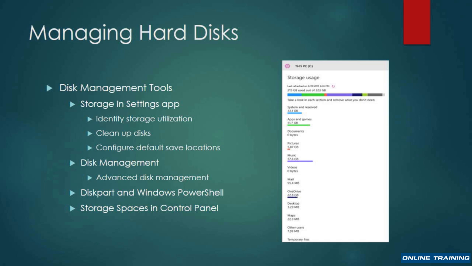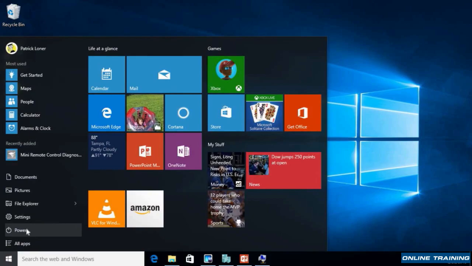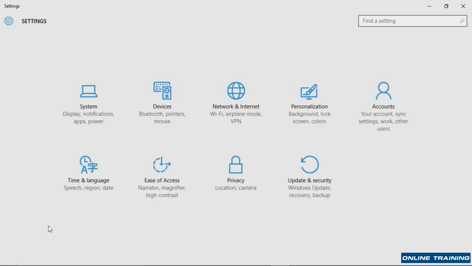And then you also have storage spaces in Control Panel. Storage spaces can be slightly different. So I'm going to show you all the traditional ways to use disk management to do things, and then we can go and discuss and look at the storage spaces feature in the next section. So let's take a look at our disk management stuff. We'll start over in Settings,